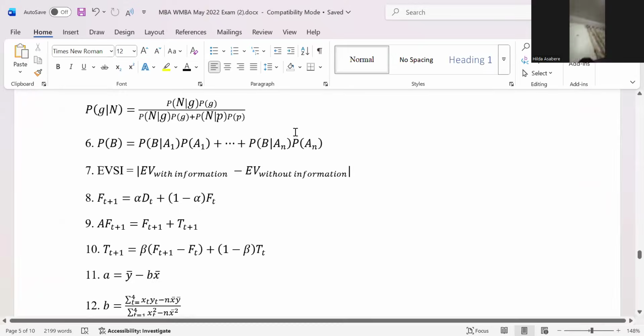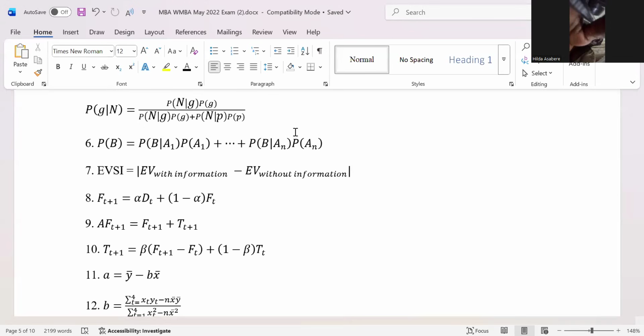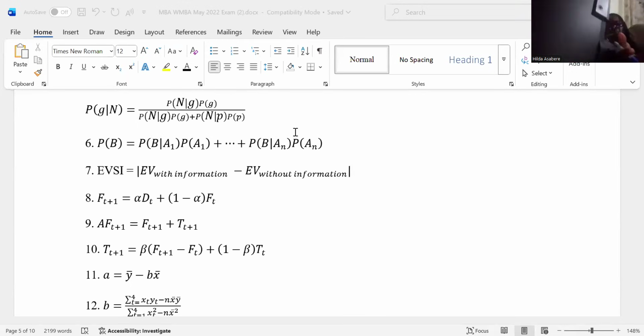That is equation number 8. So you might want to write it down. Equation number 8 is the simple exponential smoothing. Or another way of saying it is the exponential smoothing forecast, a simple exponential smoothing forecast. But sometimes you don't need to bring the simple. Once you say exponential smoothing forecast, it is a simple.